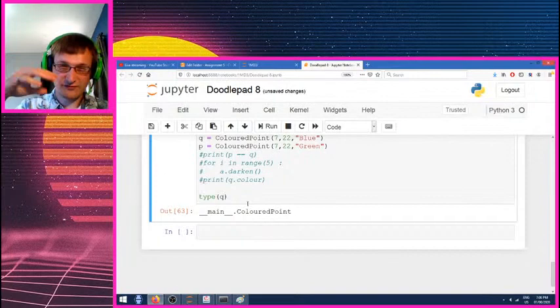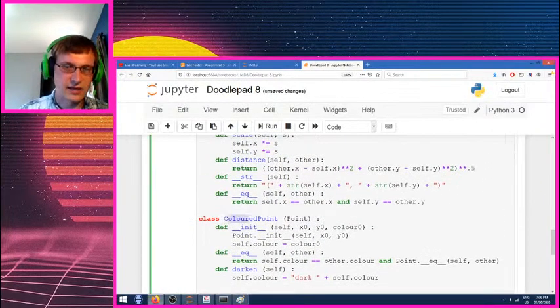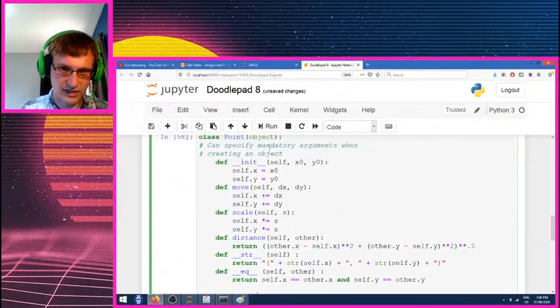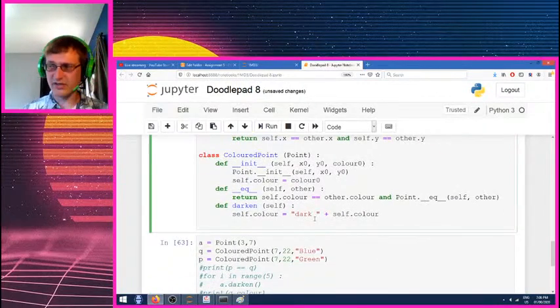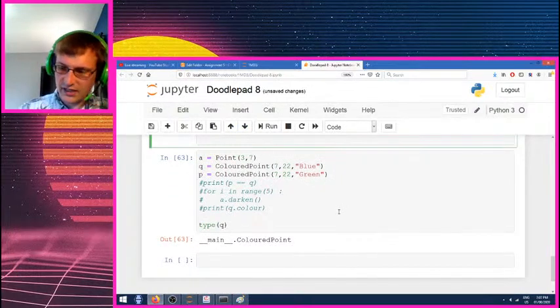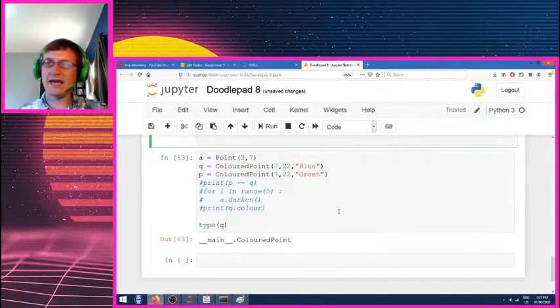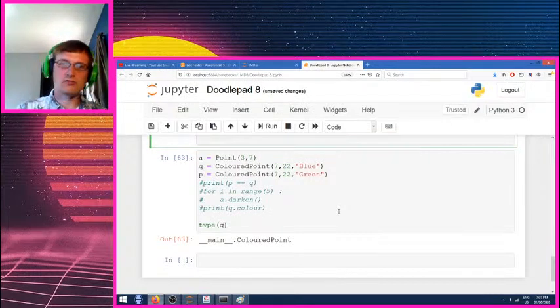From this somewhat facile example, it's reasonably obvious that colored point is a variant of point because they're named similar things. However, it's not always obvious what something inherits from. If we go back to our animal example, it might not be obvious to someone whether a clam is a mollusk or a crustacean. I mean, it should probably be obvious, but if you want to be able to tell